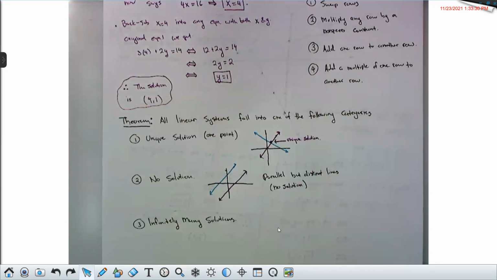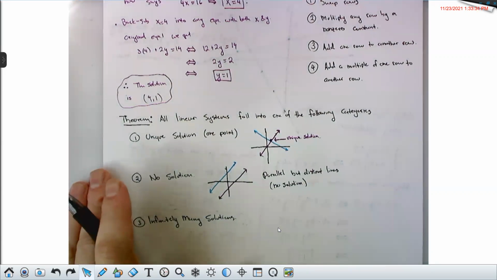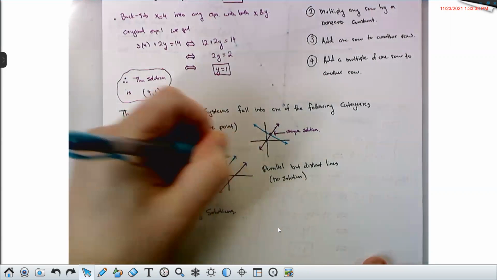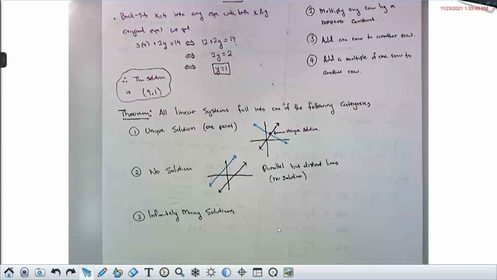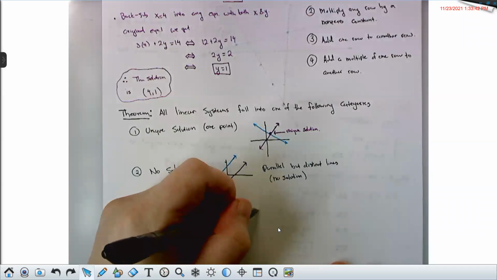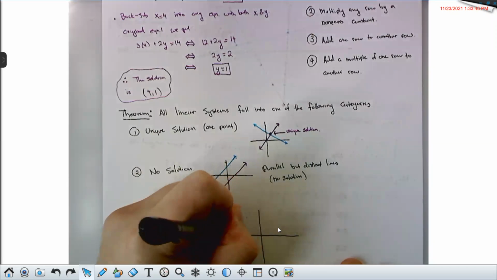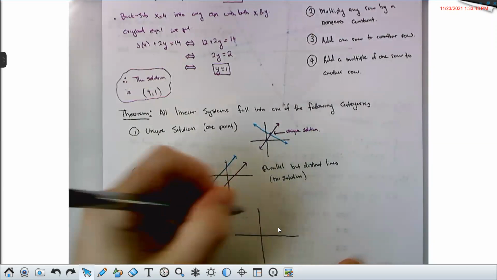Then there is no solution. There's not going to be any point that lives on both lines because two parallel lines, they never touch. Unless they're secretly the same line. So if the two lines have the same slope and the same y-intercept,